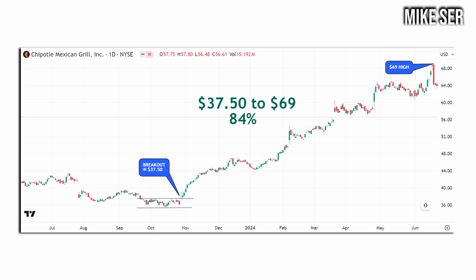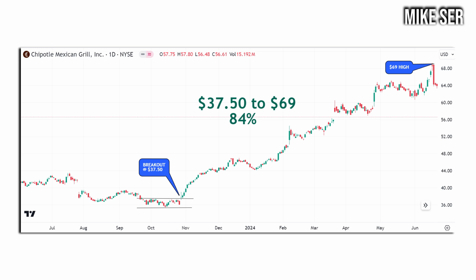Then on October 27th, the price broke out of its range at $37.50 and went much higher. Now, over the next 8 months, it went as high as $69 or 84% from the breakout price. Now, this is a perfect example of a stock basing for a while and then breaking out to the upside